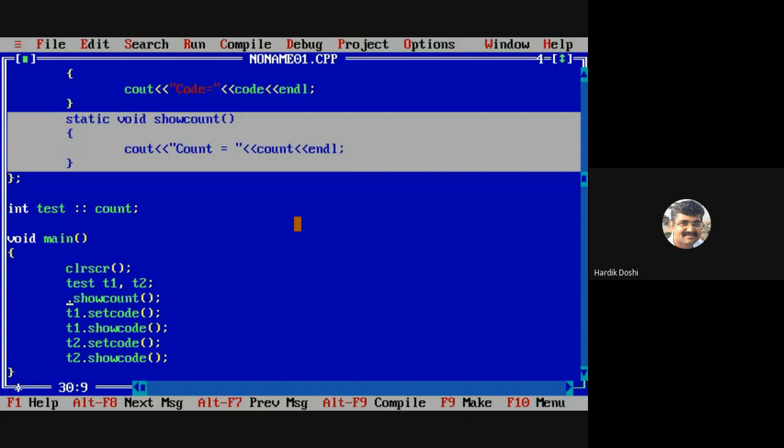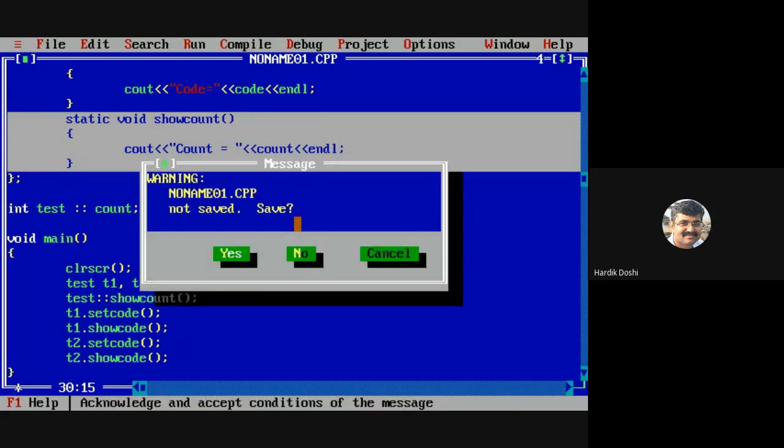Over here, I need to write the class name test, followed by the double colon sign, because show count is a function of the test class. So instead of using an object, now I am using the class name.